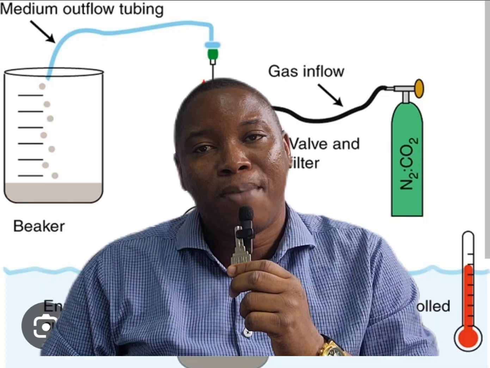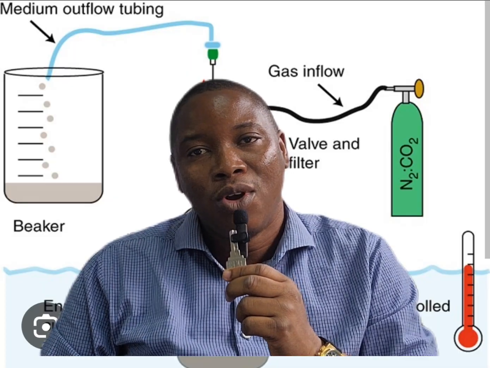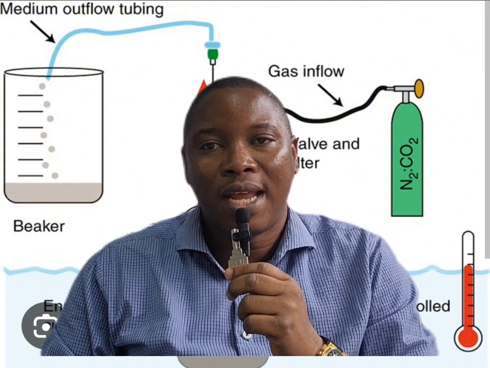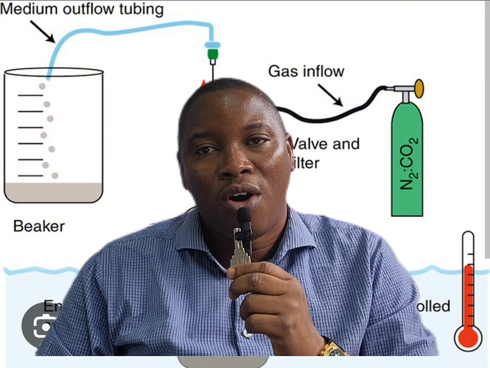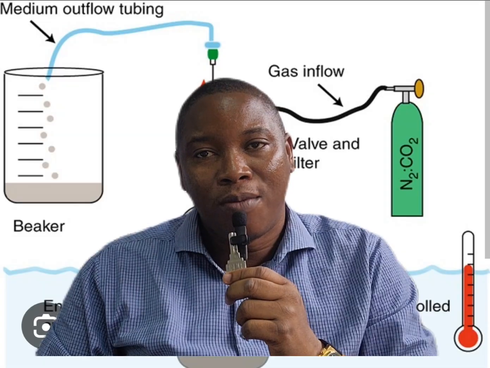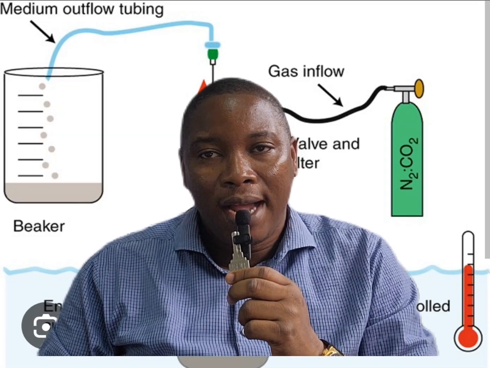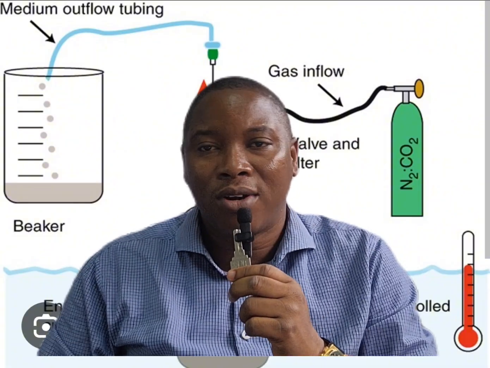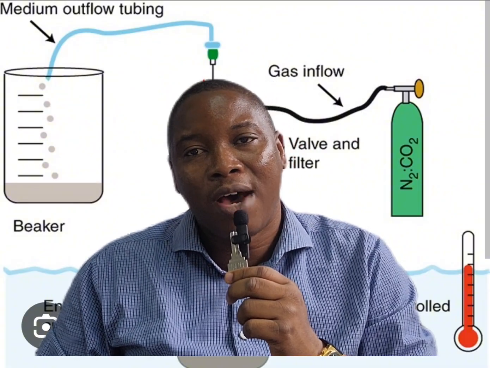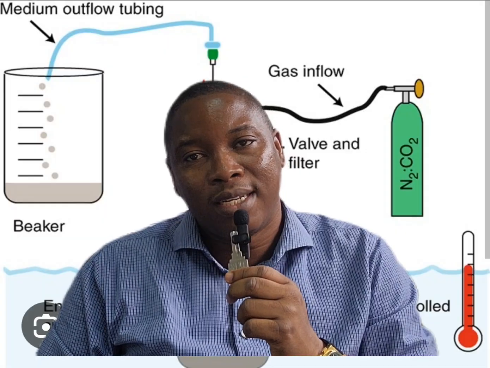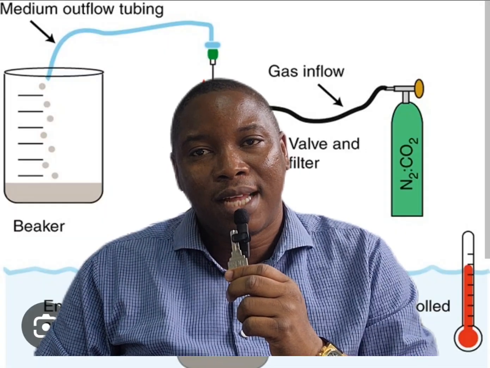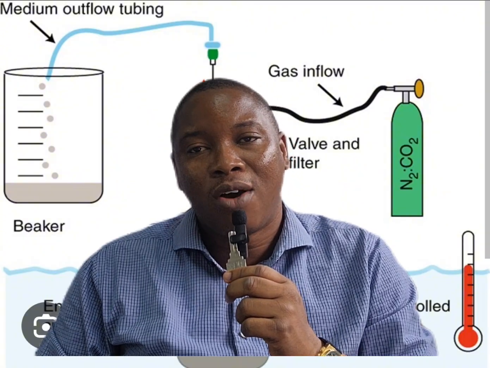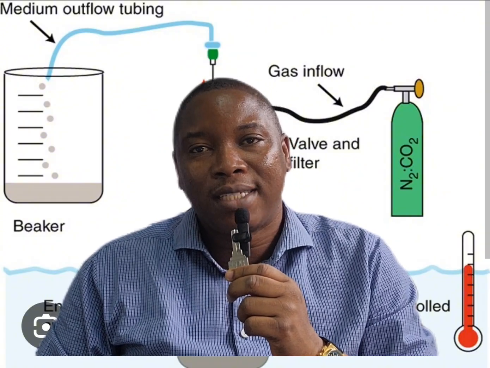Now, there's a man called Beijerinck, a scientist who designed a method. The idea behind the method was to enhance, improve conditions of nutrition and of environment, so that while you improve these conditions, the general idea is to favor the growth of particular organisms to the detriment of other organisms. So enrichment culture techniques, we can say, are those techniques that we use as microbiologists to be able to enhance the growth of particular organisms to the detriment of other types of organisms.